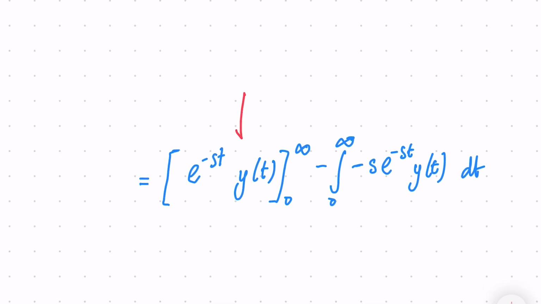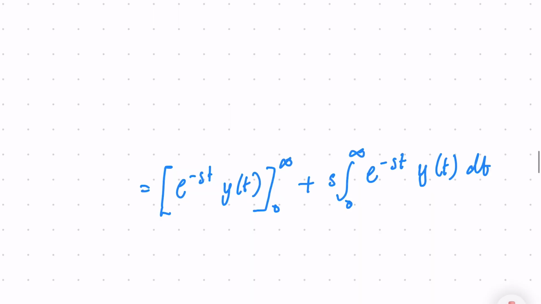and I get this. So that's my uv. Minus the integral of I integrated, which is v, and the other one differentiated, which is u dashed. In this case, that's negative se to the negative st. And as I'm sure you know, two minuses make a plus. So I'm going to end up with plus the integral of s times and so on. So I end up with that. Notice I've taken the s out,